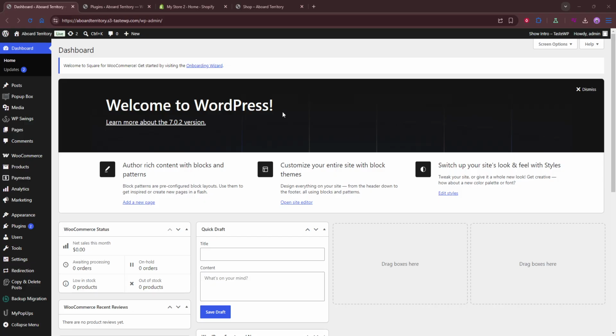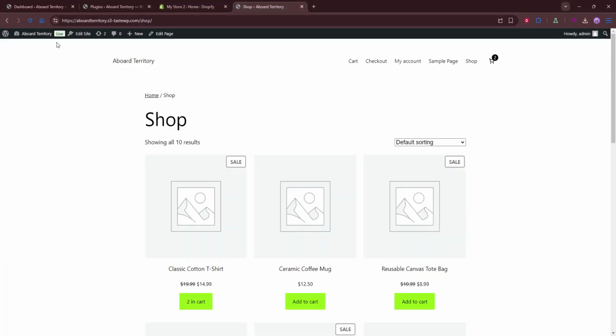Your WordPress website should be live and working properly, WooCommerce should already be installed and activated, and your SSL certificate must be active so your store uses a secure HTTPS connection. That security step is especially important because payment gateways like Stripe require a secure website in order to process transactions